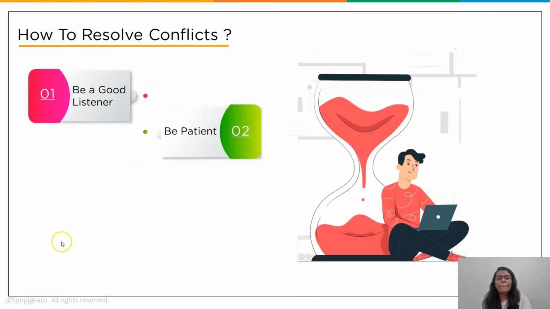Second is be patient. So never rush or jump in with your questions, as under a pressured situation one becomes unaware of important information, which leads to the rise of problems. So be calm and patient and provide space to the opposite end to respond peacefully.